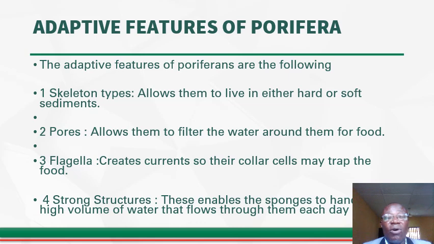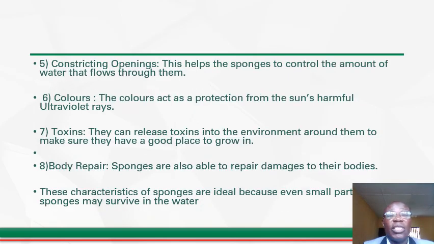They have pores also. It is the pores that allow them to filter the water around them for food and nutrients. Then we have flagella. It is this one that creates current, which directs water and food into their body. We have strong structures in them. We have constricting openings that are found in them. We have colors also, which protect them from the ultraviolet rays of the sun. They have toxins, and they can release toxins into the environment around them to make sure they have a good place to grow in,